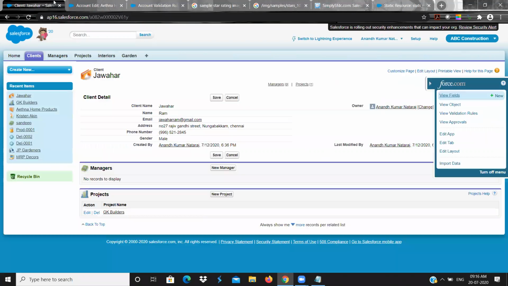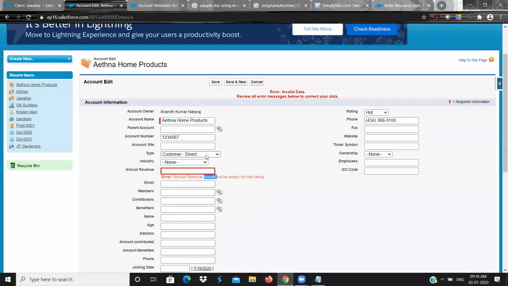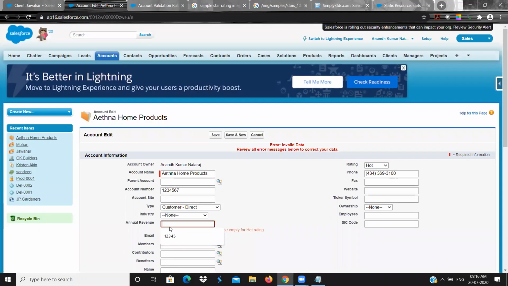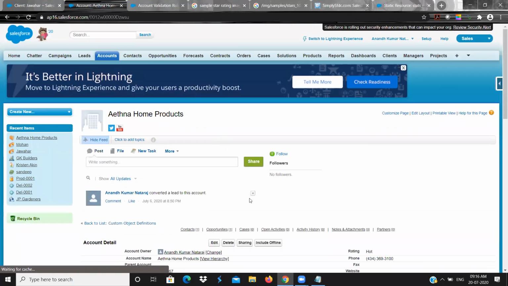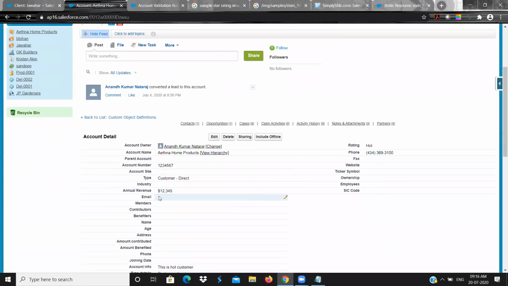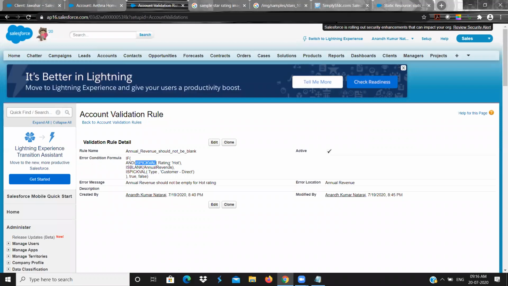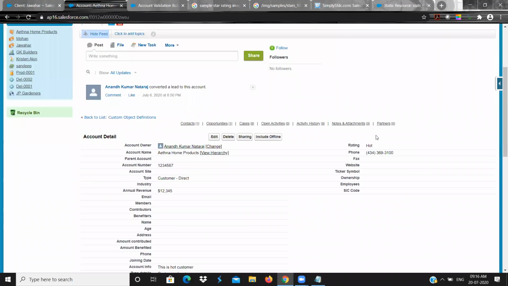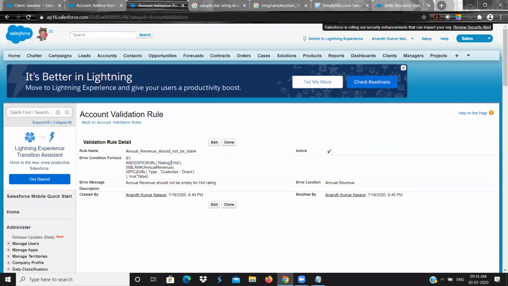Now if the type is customer direct and the rating is hot, and you try to save, it will throw an error. So I give annual revenue some numbers, and if I try to save, it will allow me to save. Why? If you go to the validation rule, you can see rating is equal to hot. It will check rating is hot, and the pick list value type equal to customer direct.